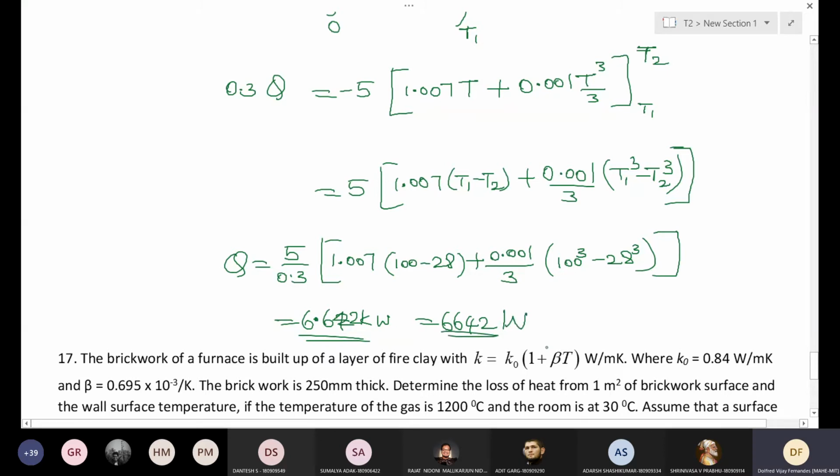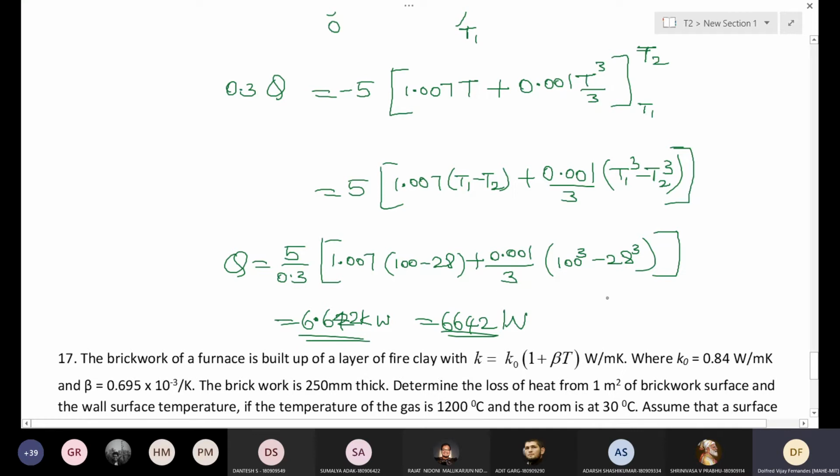It's a very simple problem. If the profile is given and the surface temperatures are known, it's not a problem at all. So what you understood from the derivations is that problems with temperature dependent thermal conductivity will simplify if you know the surface temperatures. But the next problem we have,